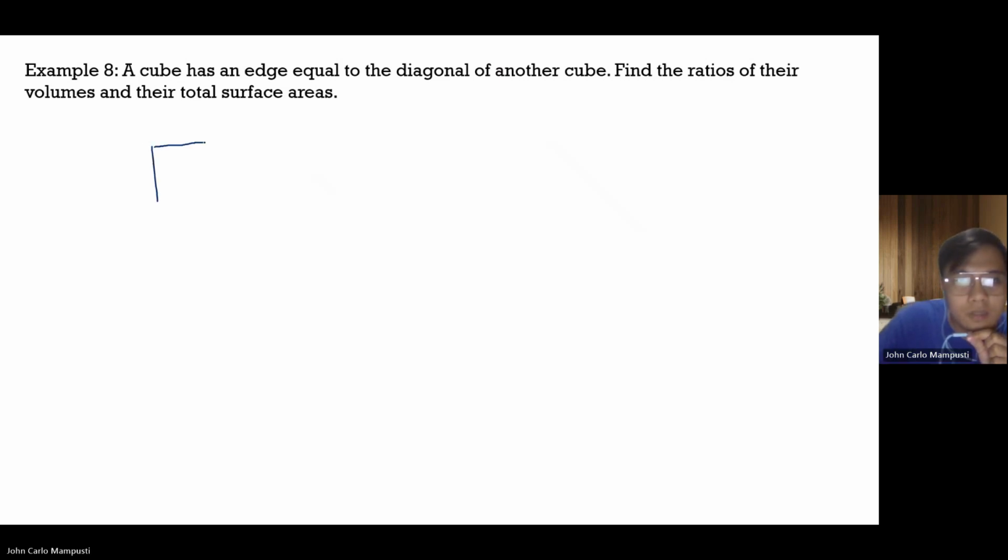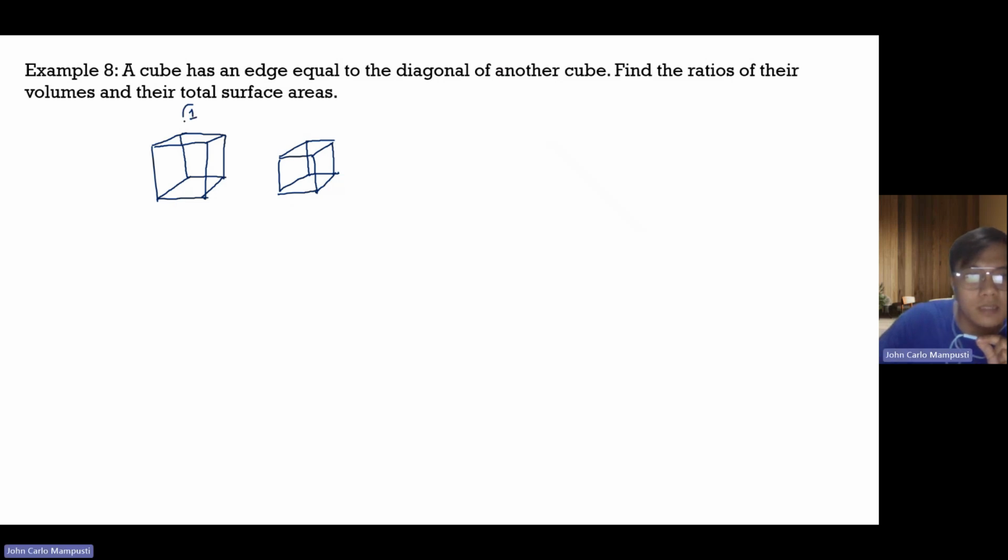So let's draw two cubes. Sabi diyan, yung width daw nito, let's say this is 1 and this is the second cube. Now, sabi dito, yung edge daw nito is actually equal to the diagonal of this one. Di ba? Okay, sabihin natin, ito, this is equal to t. Kunin natin yung diagonal nito. Yung diagonal nito, this is equal to